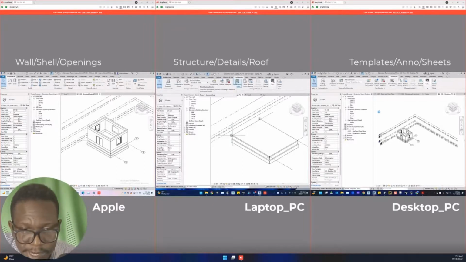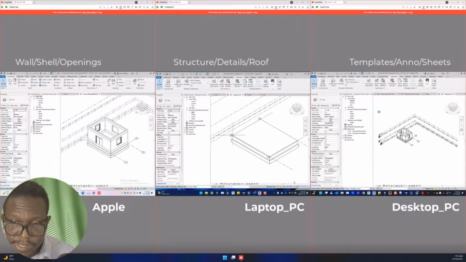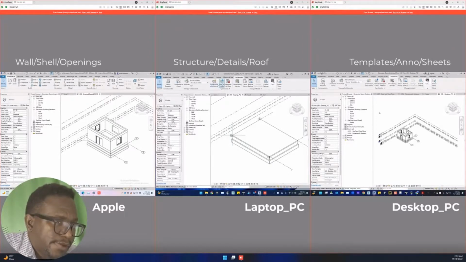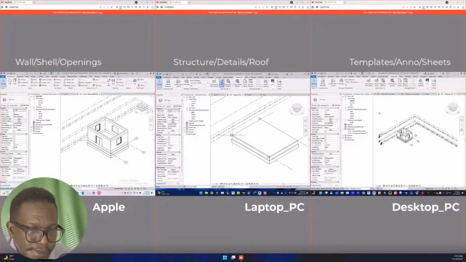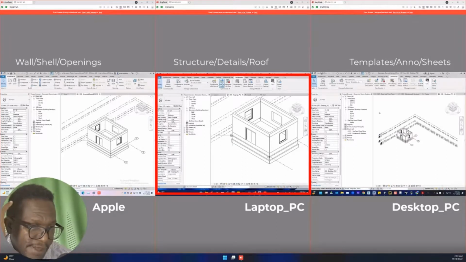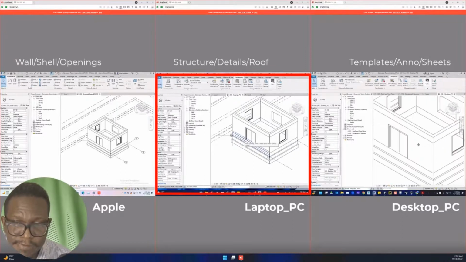Now the good thing about downloading is that OneDrive is not really doing anything, and that's because downloading means that you are just receiving files, so your model will be updated, right? You are not sending files. So we're going to click download for this user here. That is the laptop user, and you will see that that user has now received those files. They didn't send any file because they didn't have any updates. Now, as you can see, all three models are pretty much on the same page,